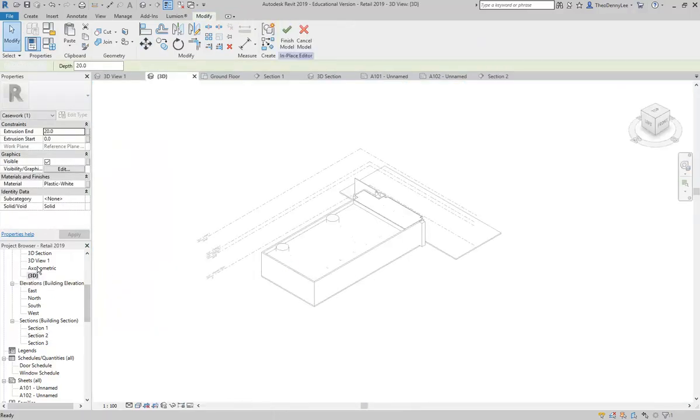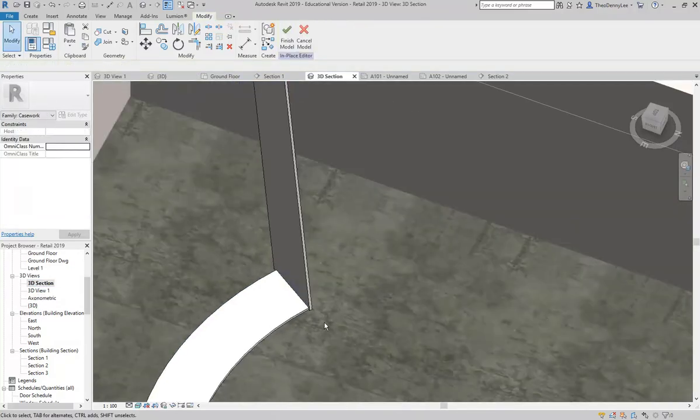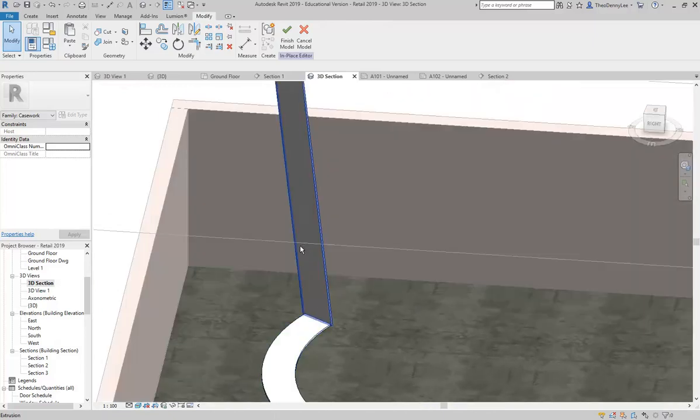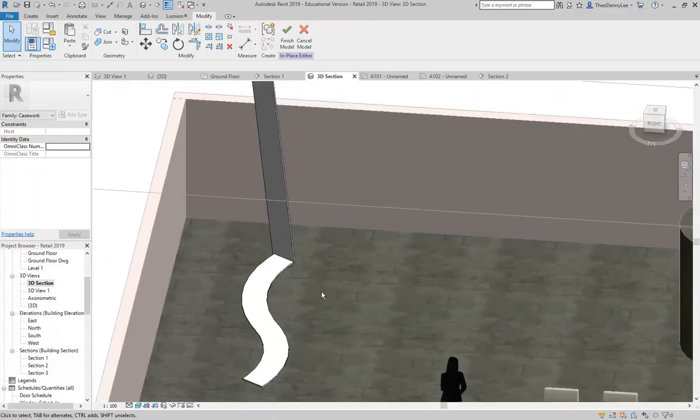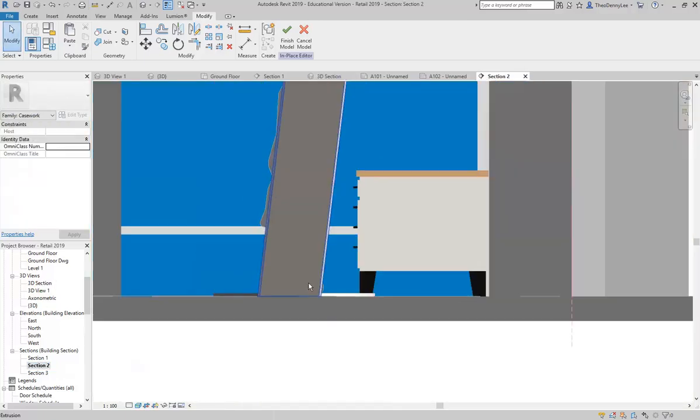Oops, sorry, not that one. This one. And there we are. So that's perfect. So we've got that first side there. And so now I need to go back to my section view